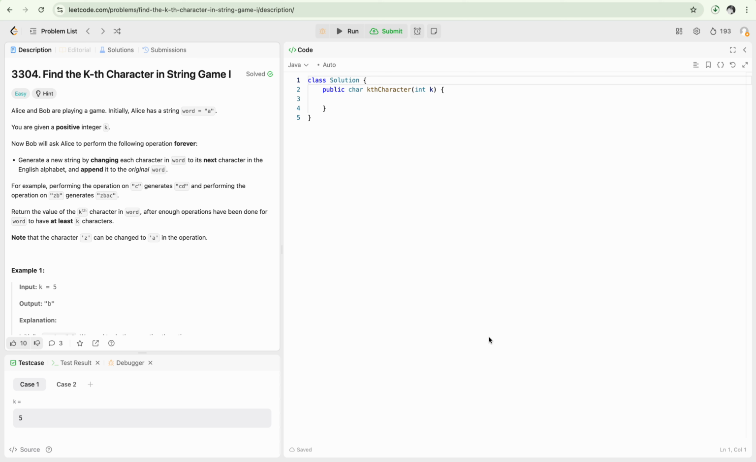Hello guys, the weekly contest 417 has just finished, and the first problem in the weekly contest was Find the Kth Character in String Game 1. In this problem, Alice and Bob are playing a game, and as part of the game, Alice has a word. This word is not an input; it is given that the word only contains the character A initially, and the input to our problem is the positive integer k, and